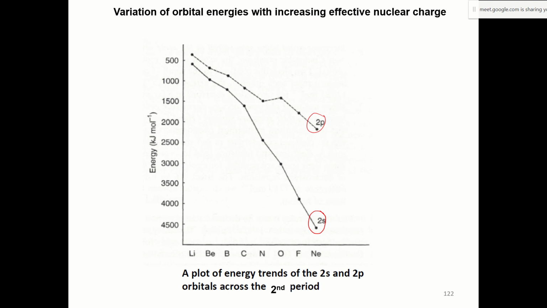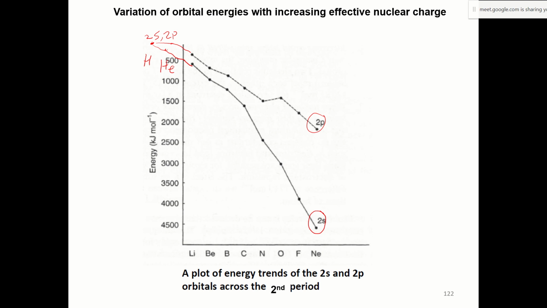At hydrogen, when we start with hydrogen, both 2s and 2p are at the same place, but slowly the energy changes from hydrogen to helium. This is just an extrapolation: if I have to imagine what the graph would have looked like if we start with hydrogen,